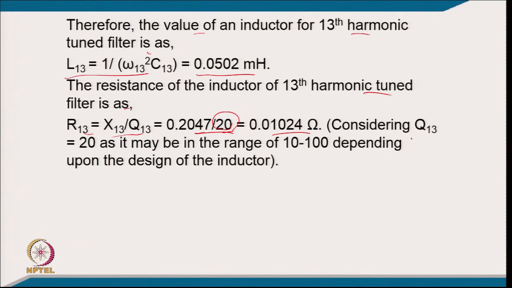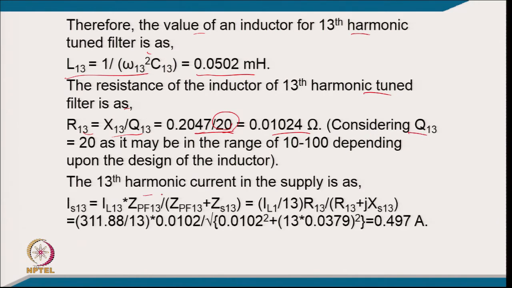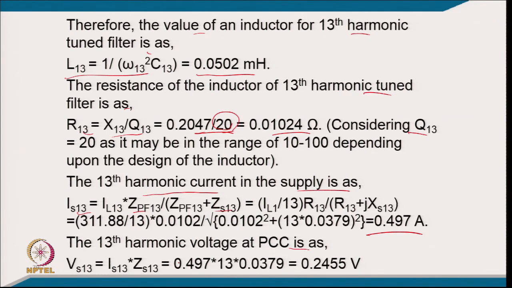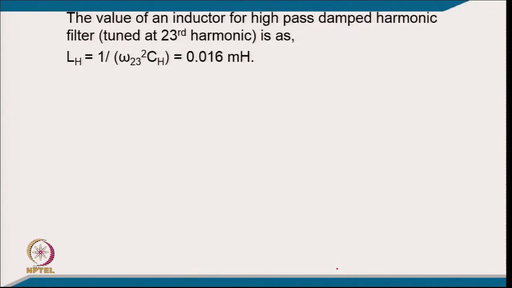so it comes to 0.01024 ohm. The 13th harmonic current in supply will be IS13, with the parallel relation, 0.497 ampere, and the 13th harmonic voltage, with the current multiplied by the impedance of the source for the 13th harmonic, comes to 0.2455 volt. The value of the inductor for the high pass damped filter for the 23rd harmonic, that I will tune for